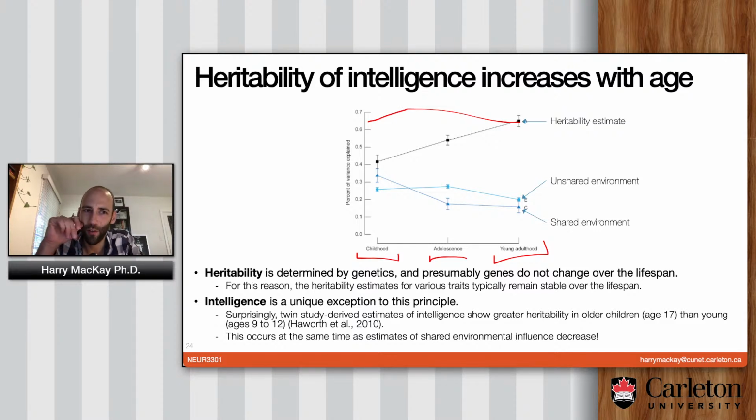So this is rather strange, because genetics are genetics. They don't change once you're conceived, essentially. So how could the heritability increase with age? This happens fairly often, and in this case, it happens at the same time as the component of shared environment decreases. So as kids age, they begin to have less and less in common with how they share their environment and how they spend their time. And at the same time, the genetics of their intelligence begin to have a bigger and bigger effect in the measured intelligence.